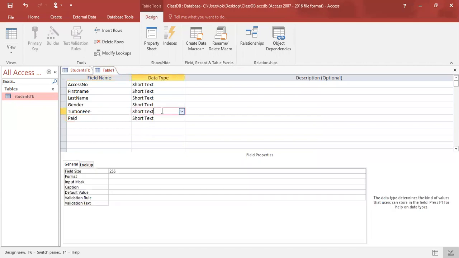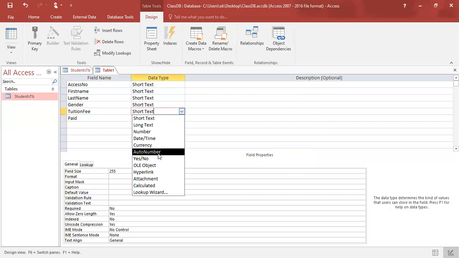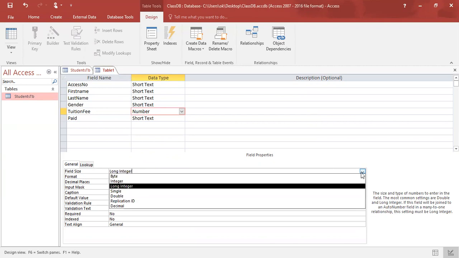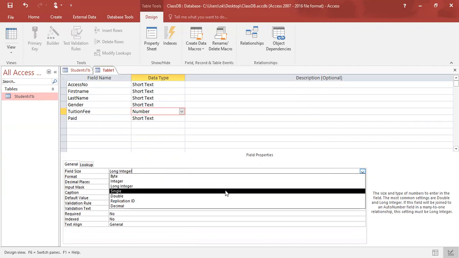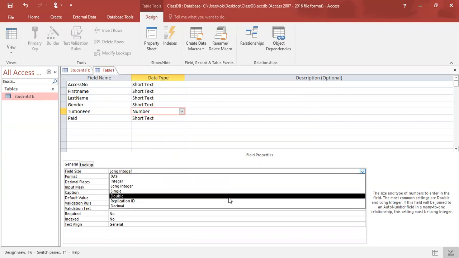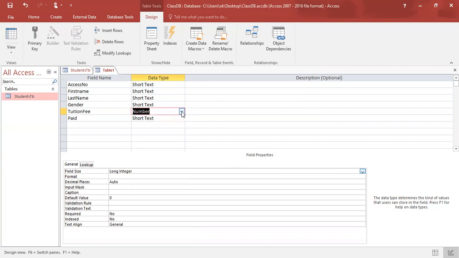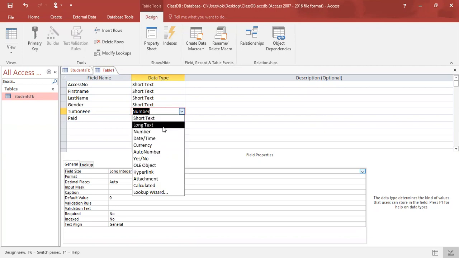Say I make this tuition fee a number. As our numbers are long integers, remember these numbers can be up to double digits depending on what you want to use. Remember, you can also use currency for this field, but this mostly applies to USD, US dollars. So select your number here